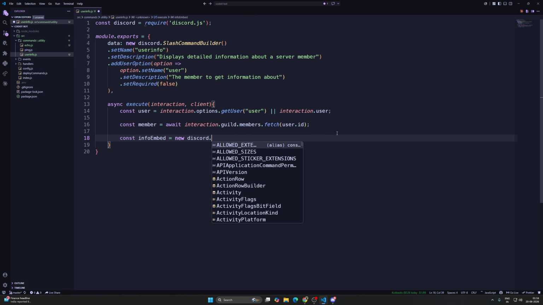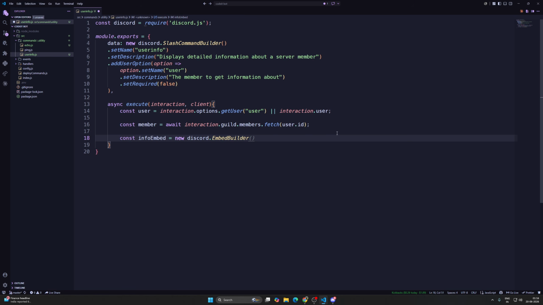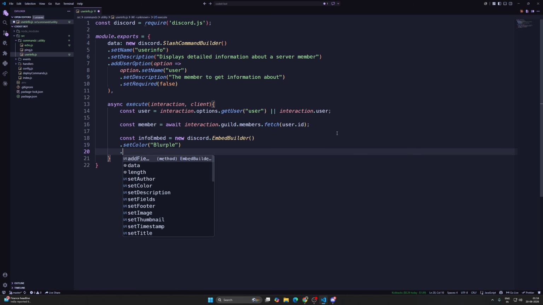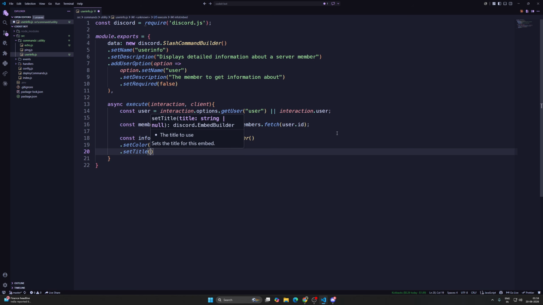So new discord dot embed builder, then dot set color, for this also again I'll use blurple, and then dot set title, for title we will use user dot username information, or instead of information we can write account info,